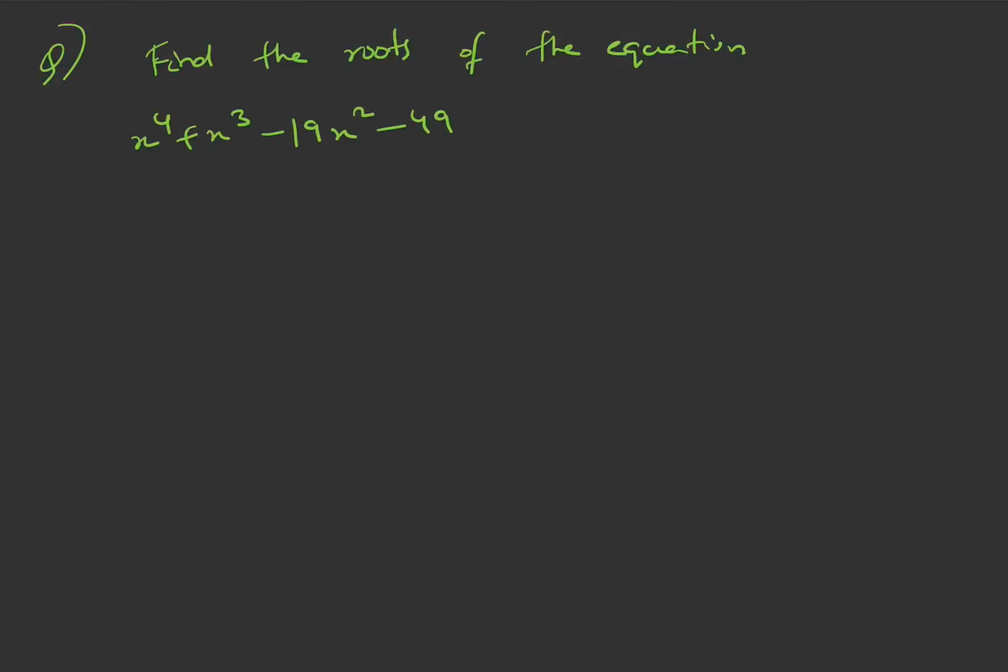x power 4 plus x cube minus 19x square minus 49x minus 30. So you see, this is a biquadratic equation, but I am giving a hint that this is a part of the question only. So find the roots of this equation, given that it is stated in the question that the